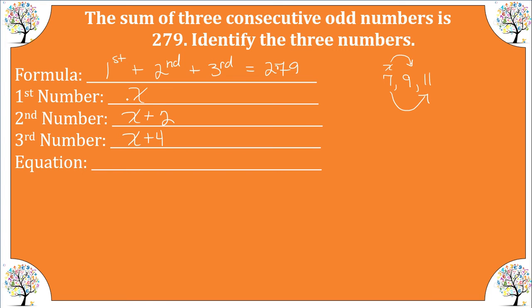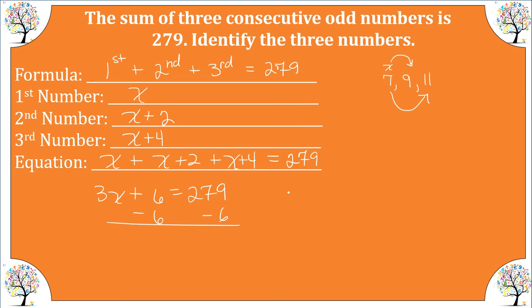So now we're going to substitute our expressions into the formula. So we have x plus x plus 2 plus x plus 4 is equal to 279. Let's combine like terms. We have 3x plus 2 plus 4 is 6 equals 279. Subtract 6, we get 3x is equal to 271. We're going to divide each side by 3, and x, our first number, so